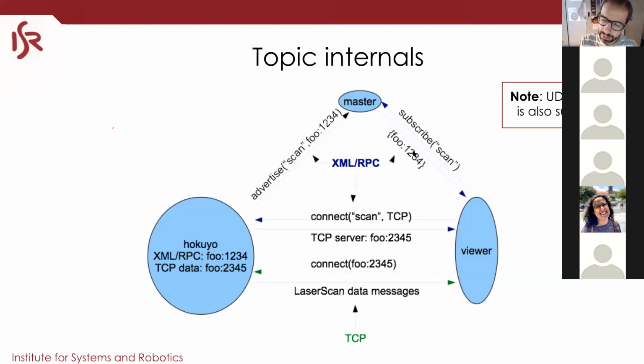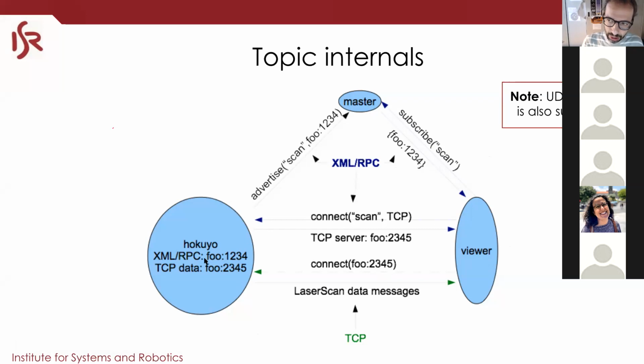And this interaction is what sometimes makes you lose the first message from a topic. If the viewer is launched before the publisher, you have some latency for the subscriber to know that you have this new publisher. And now let's forget about that.